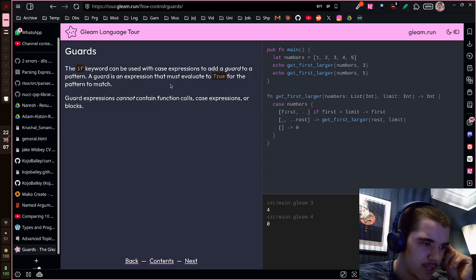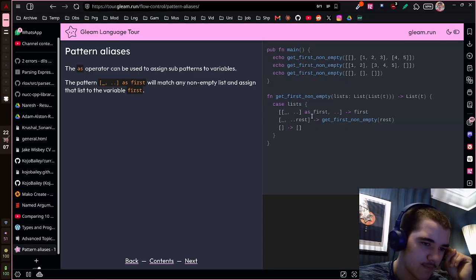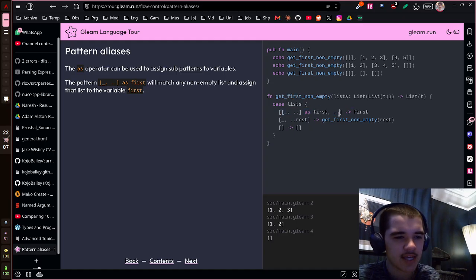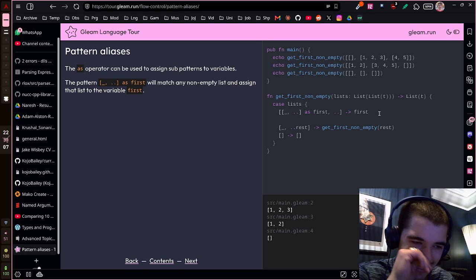Guards. The if keyword can be used with case expressions to add a guard to the pattern. A guard is an expression that must evaluate to, sorry. This is really fiddly. This is where it starts to get into unreadable territory, and where I would just expand this into its own case statement. So if I were to rewrite this, I'd do so like